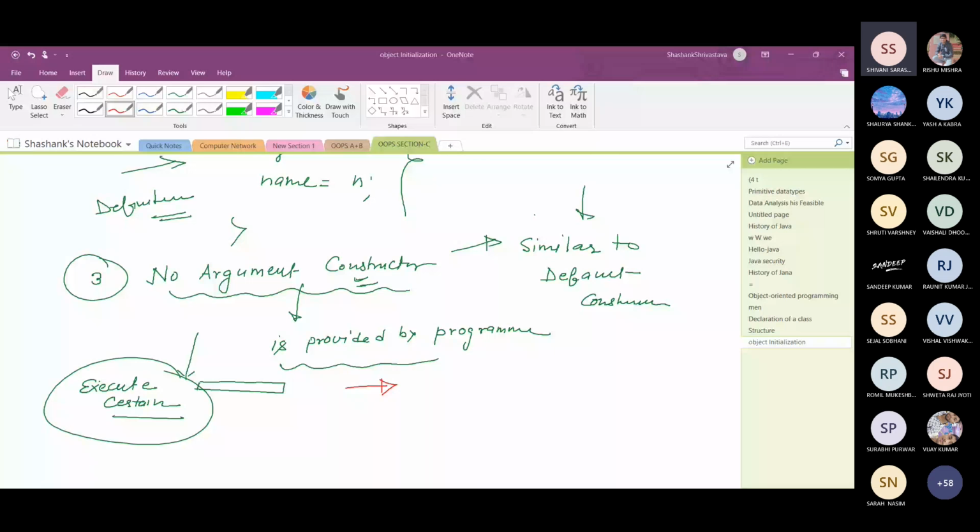Sir, if we declare a constructor as private, then I think we are not able to create an object of the class. Object of the class within the class you can create, right? Means if we declare the constructor as private, then within the class can we create the object or not? Inside that class we can, or can we not even inside it?